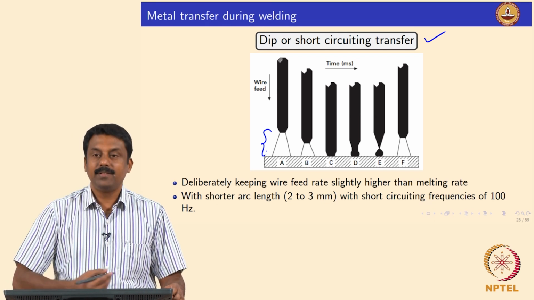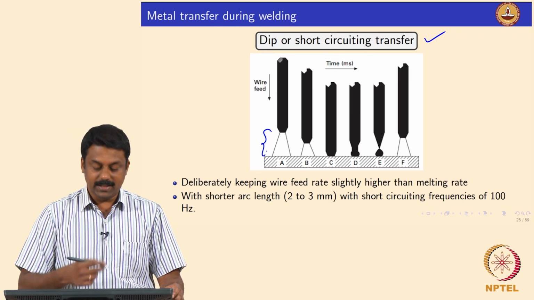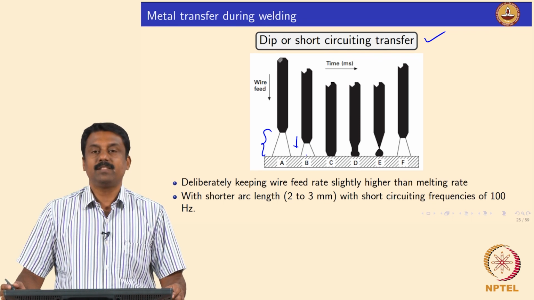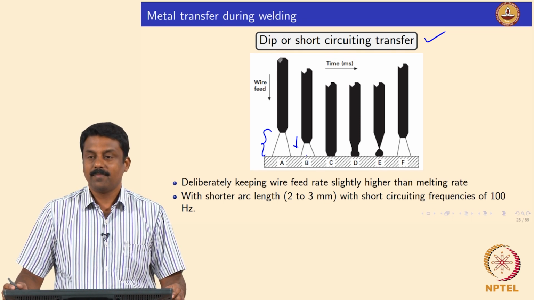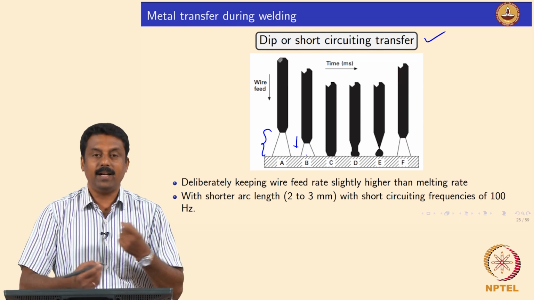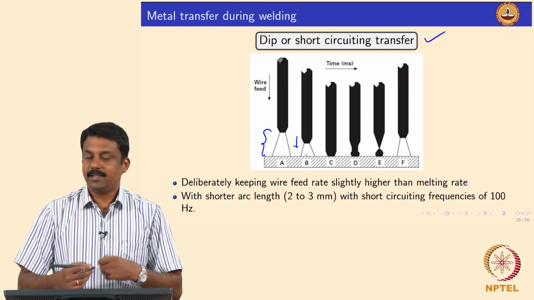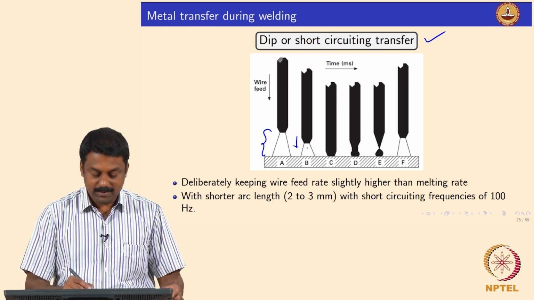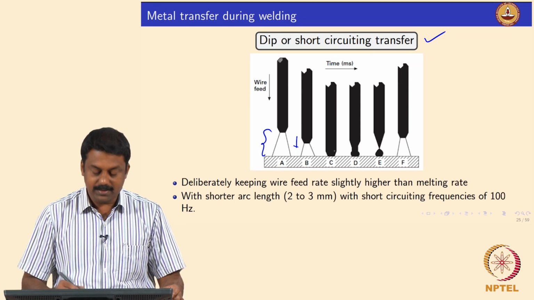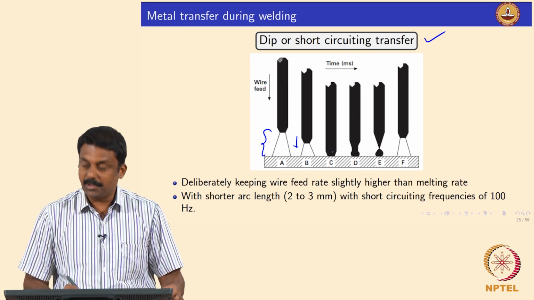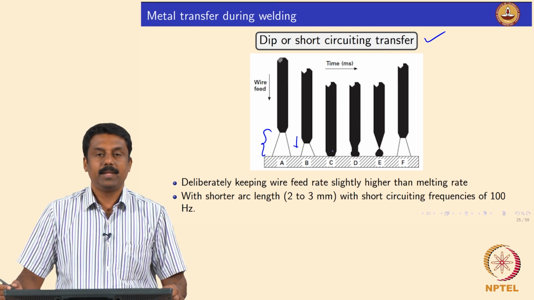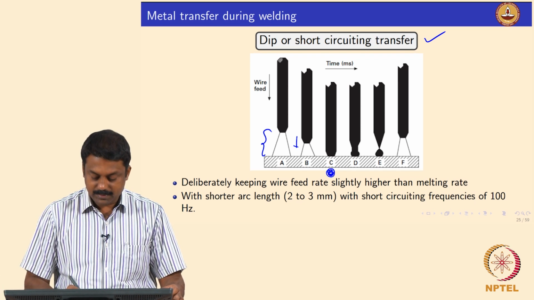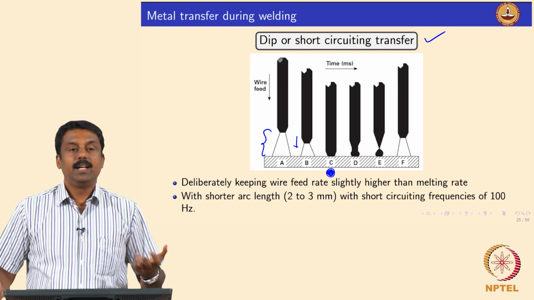But you can also carefully manipulate the feeding rate in such a way that you slowly bring the wire towards the workpiece or weld pool. Okay. So, increase the speed of wire feeding such that you bring the filler to the workpiece and establish a short circuiting, right. It is clear. And once the short circuiting happens, you also increase the current,